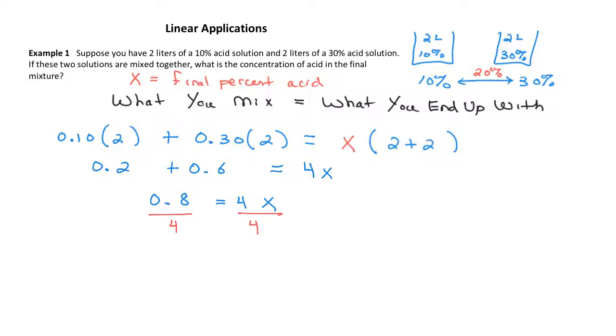And 4 goes into 8 twice. There is one decimal remaining. That is 0.2 is equal to x. I have to convert that back into a percentage, and what do you know? That is 20%. That is the concentration of acid in the final mixture, and it is in fact what I